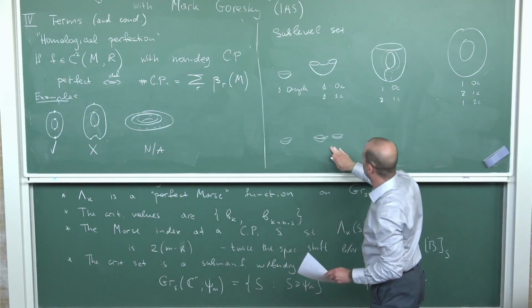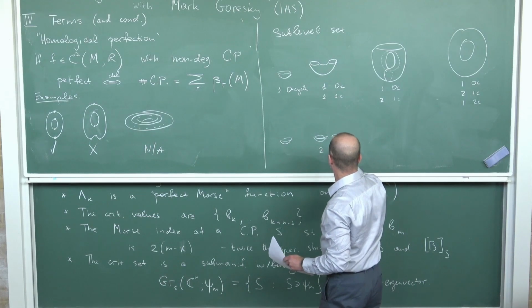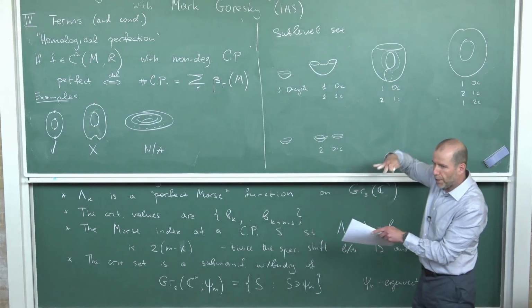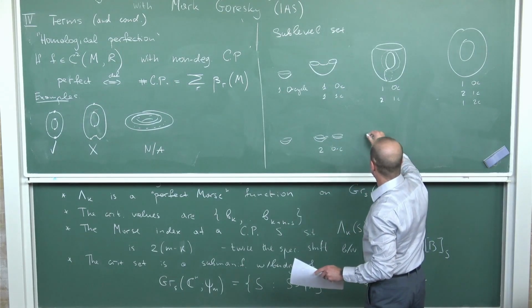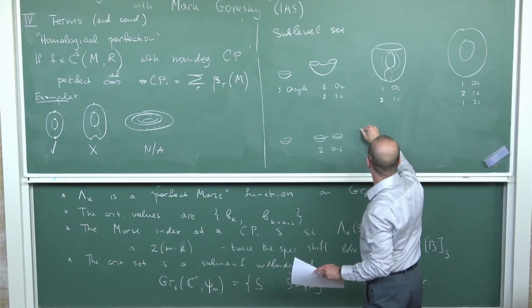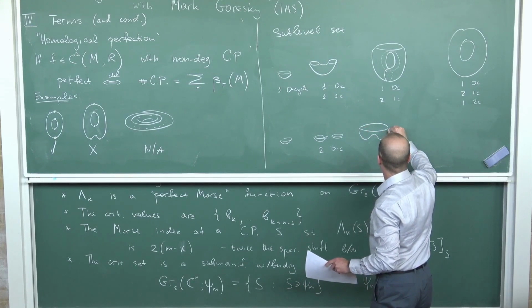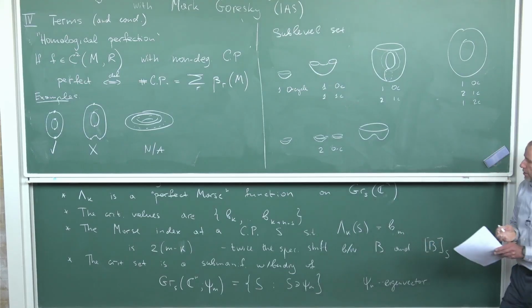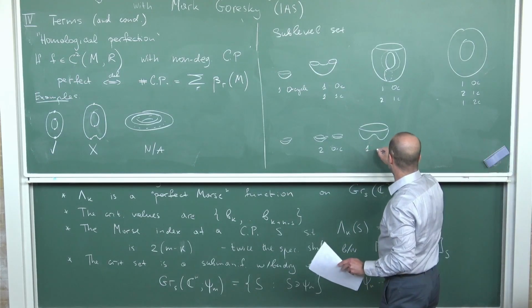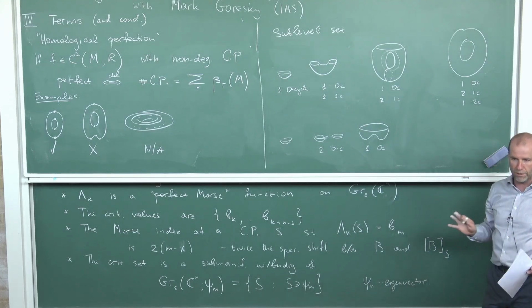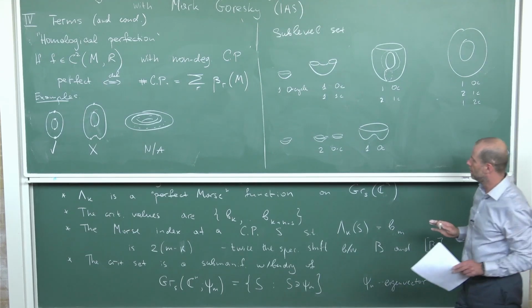So at this point, I have two 0-cycles. What happens when I move past the saddle point? I get a shape like this. It's now connected, so it has one 0-cycle, and there are still no 1-cycles, which is